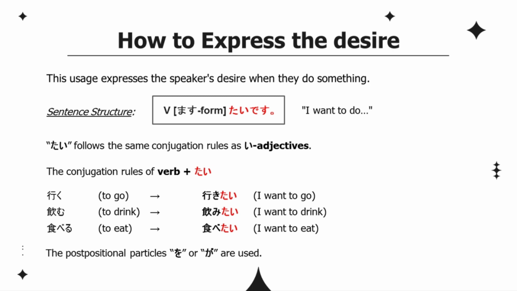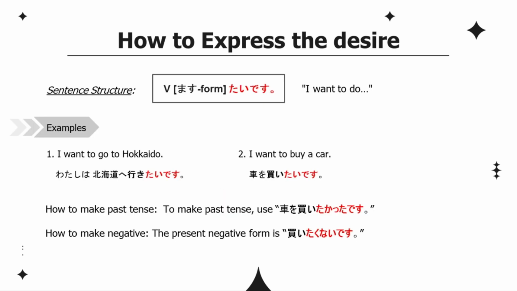The conjugation rules of verb plus tai. 行く、行きたい、飲む、飲みたい、食べる、食べたい。 When the verb's object word is inserted, the postpositional particles are o or ga. Examples: I want to go to Hokkaido. 私は北海道へ行きたいです。